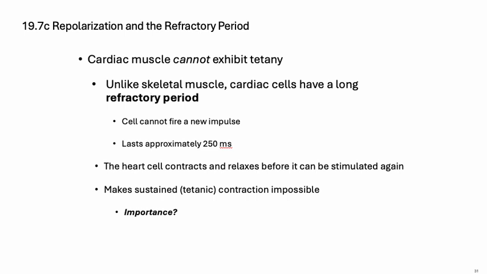In other words, after the heart muscle is stimulated to contract and it contracts, you can't add another stimulus to the heart that causes it to continue to remain contracted. So what this is doing is making the sustained tetanic contraction impossible. Why is that important? Why is it important that the heart does not contract and then stay contracted? Why is it important that you can't summate these electrical impulses onto the heart and cause it to